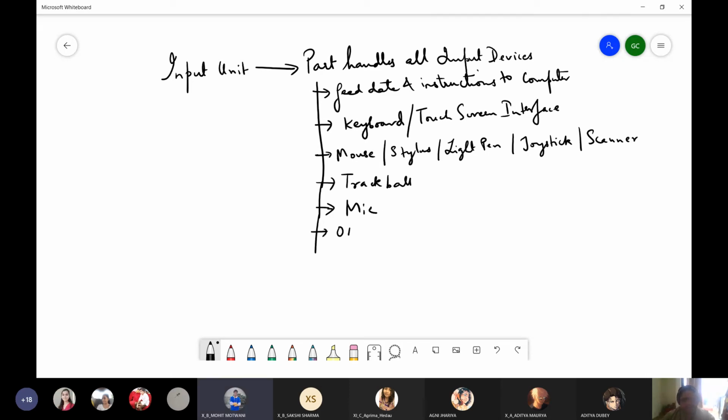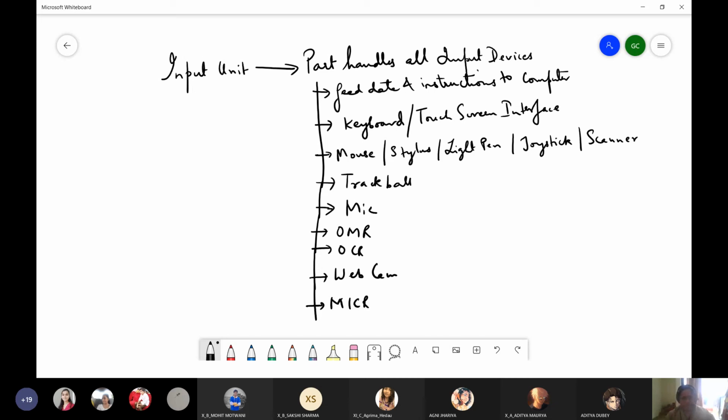OMR scanner. Very good. OMR device, optical mark recognition. That is OMR sheets you get. Normally, these sheets are used for competitive examinations. OCR, optical character recognition. That is, you just use a stylus and draw a character, and it will automatically be converted into digital text. So that is optical character reader or recognizer. Webcam, very good. Anything else? In banks, we use the MICR device, magnetic ink character recognition device, which is used for processing bank checks.